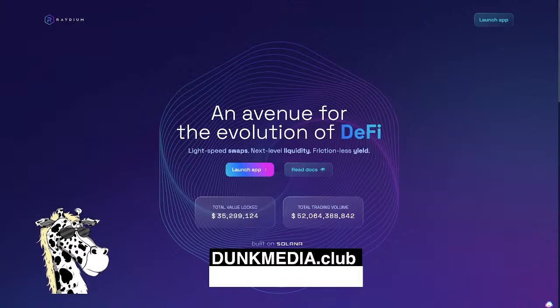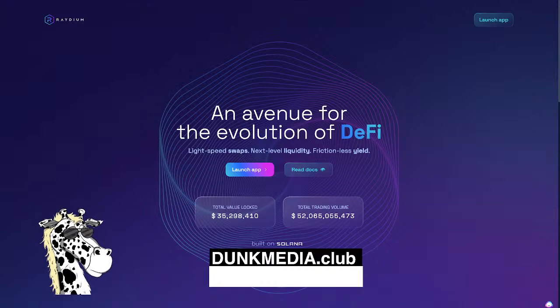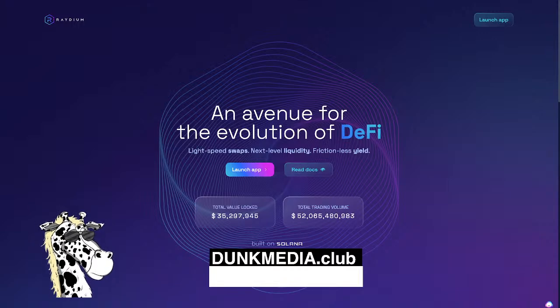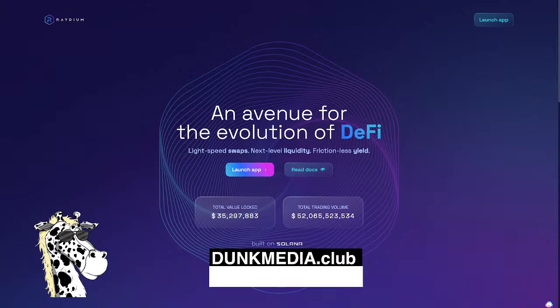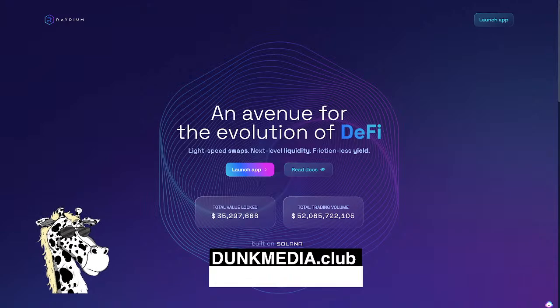So you just go to radium.io, and you're going to need to have a Solana-based wallet. I use the Phantom wallet, but you could use whatever you like. And you're going to need to have an equal part of Gary and Solana in that wallet. You could do that directly in the Phantom wallet. Actually, you could swap Gary for Solana directly in the Phantom wallet, or you could take it